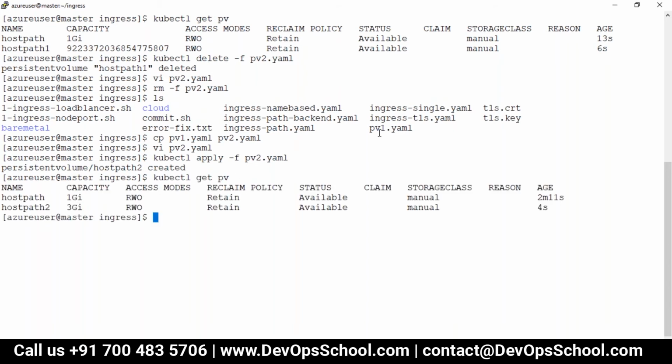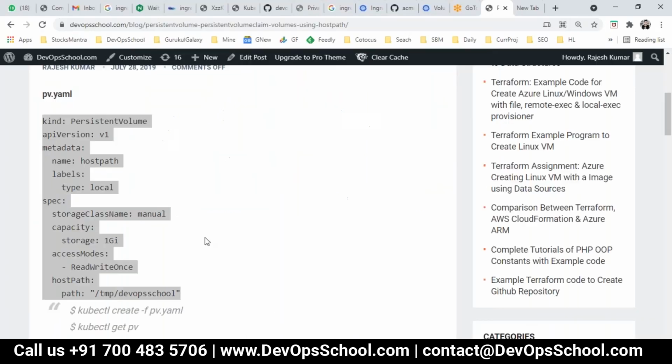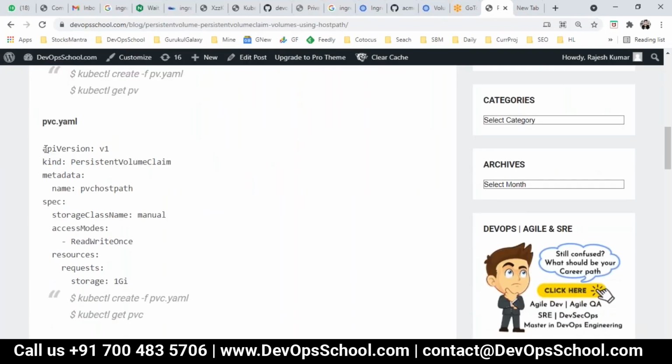Done. So guys, did you understand how the admin will create a PV? All of you? Hello? Yes, Rajesh. Guys? Yeah. So now we'll have to create a PVC. Look at this code. PVC will be done by whom? Any idea? It will be done by you, the end user, not the administrator.